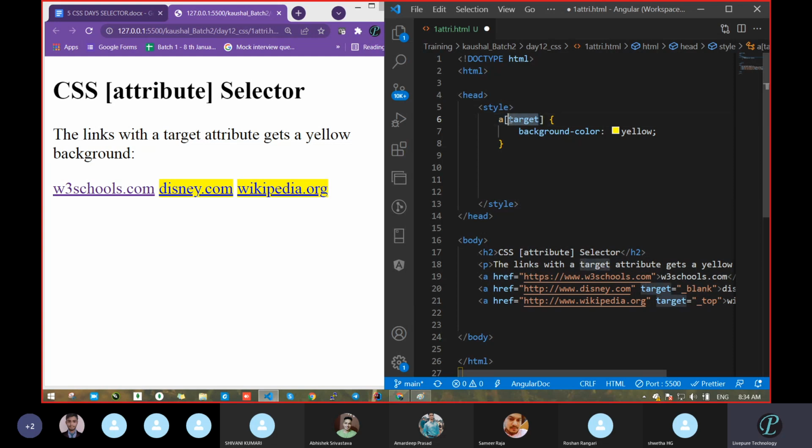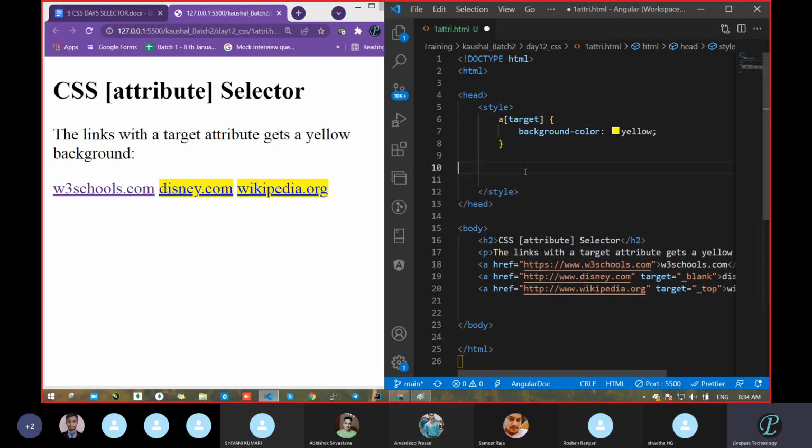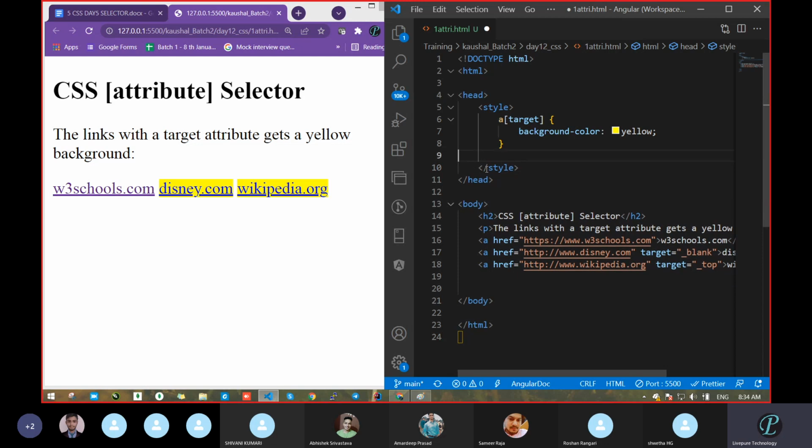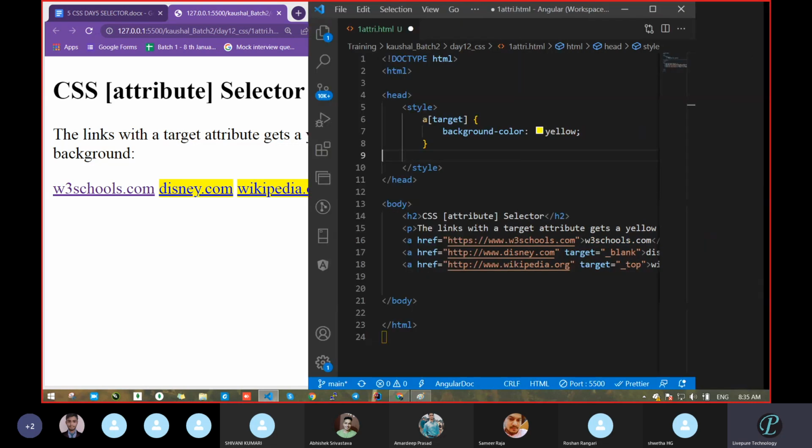When we study Angular, we will see attributes again there, but that is not a style, that will be in the Angular part. There is one attribute, I don't know what it was, I think for passing data. Yeah. So with the help of the attribute target, what word had we passed there?